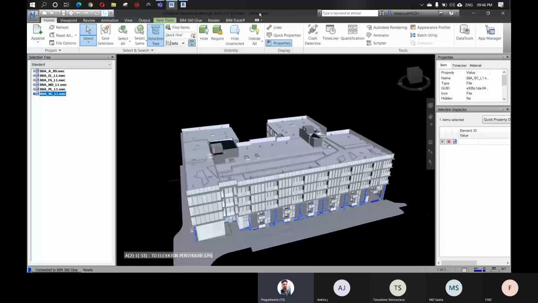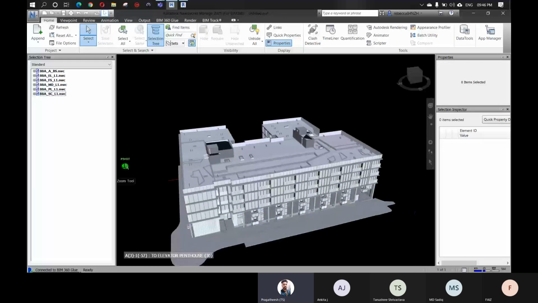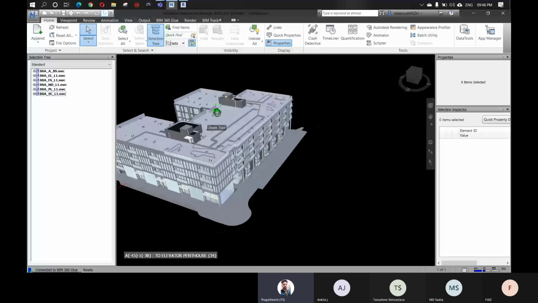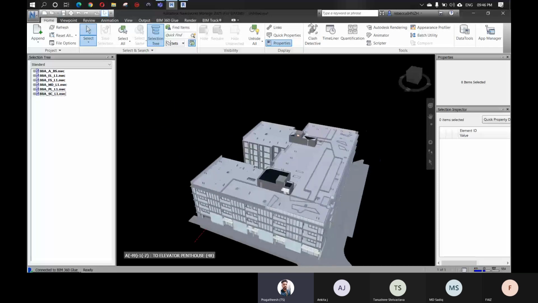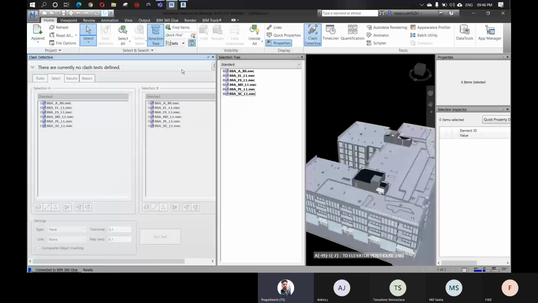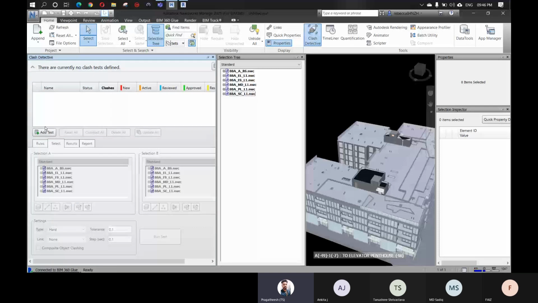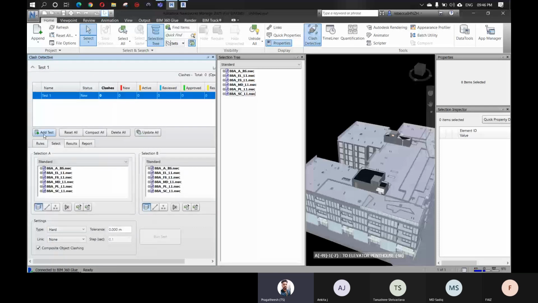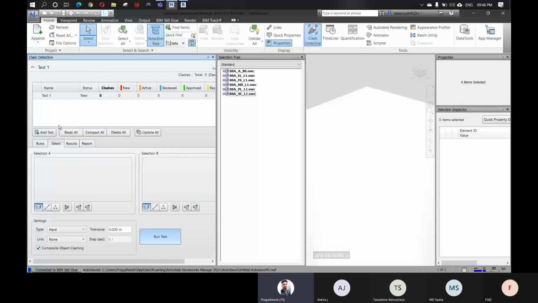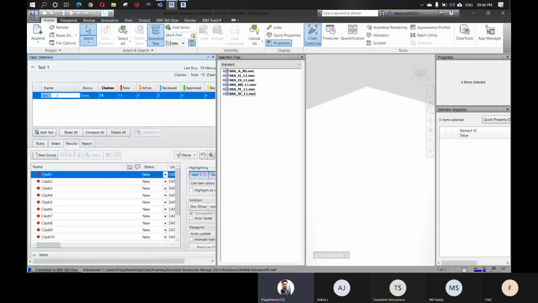Okay, so now we can see here it says untitled.nwf, right? Navisworks file. So this is the file, this is our working file. In this we'll be running all our clash detections. I hope everyone is aware of the clash detections, right? So you can just select the disciplines. Like I'm just selecting electrical and firefighting. Just give a run. We can rename this to EL versus firefighting level 1, or else let it be.